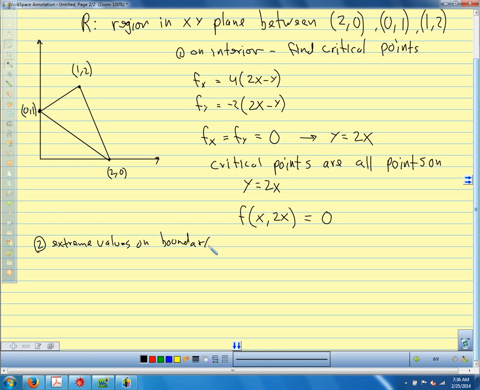Well, our boundary is 3 different lines. So we have to find the extreme value of our function on 3 different lines. So we have to test between each set of points. So between 0, 1 and 2, 0,